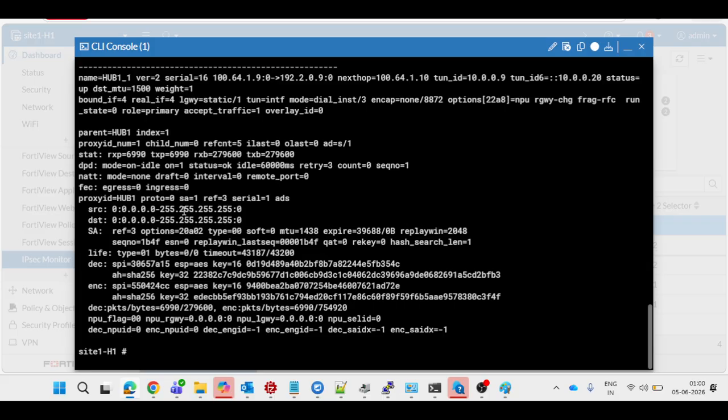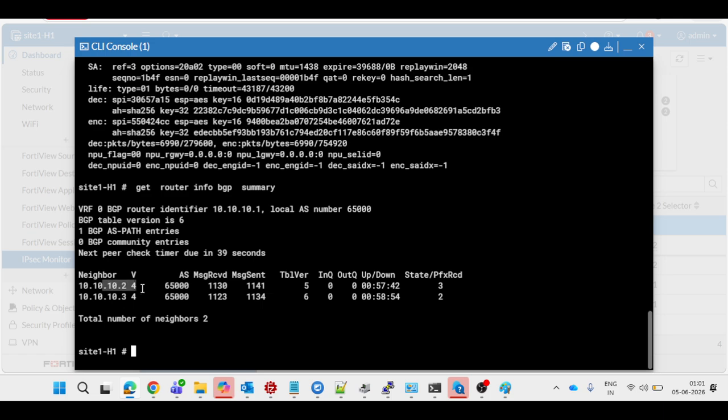So in the next video we will configure BGP ADVPN using loopback interface and see dynamic route exchange between hub and spoke. So I will show you here: get router info bgp summary. So currently I have two neighbors, 10.2 and 10.3, which are connected to my hub firewall. So if you want to see the exact configuration needed for the ADVPN and BGP over loopback, please